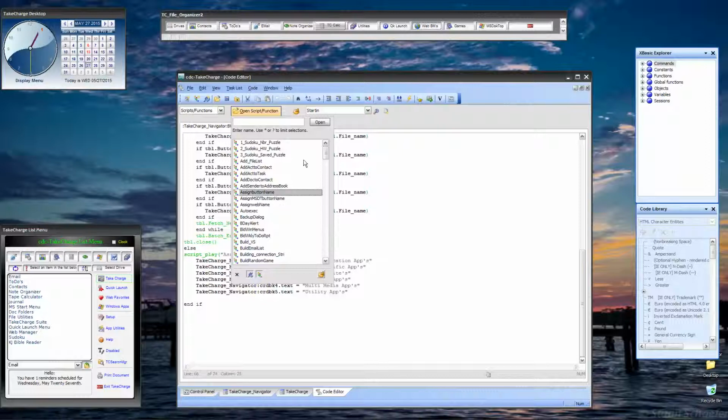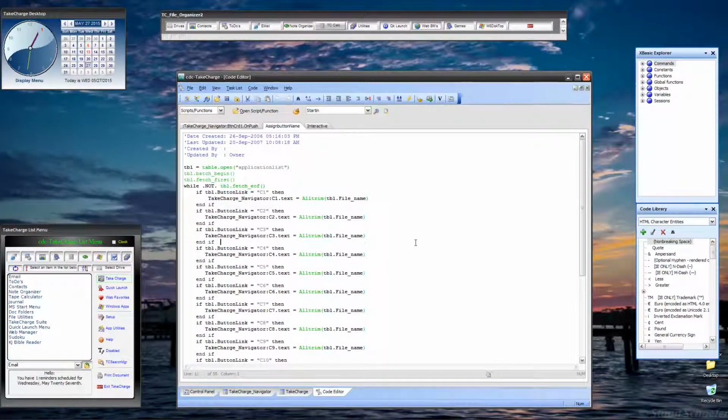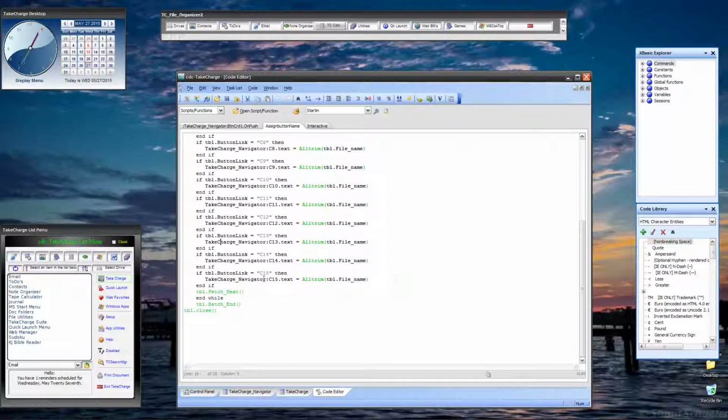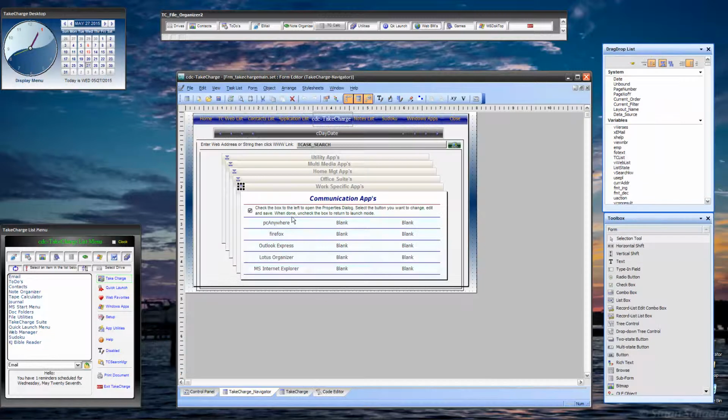Functions, and assign button name. Here you go. Same thing, it fetches back through the list, only it pulls for each of the 15 buttons on a screen. Okay, now,